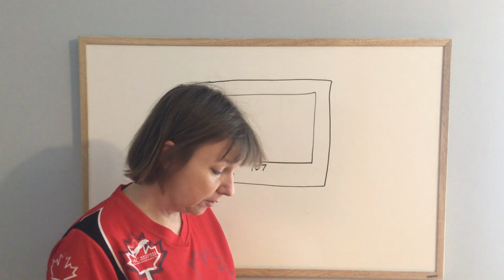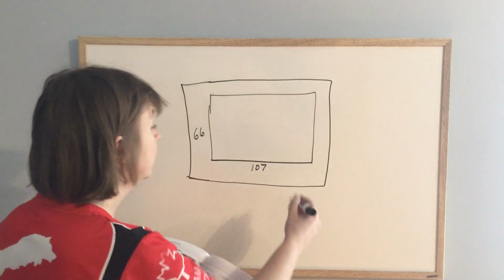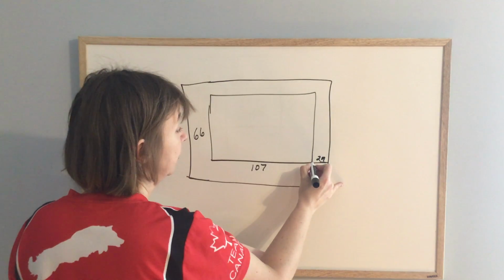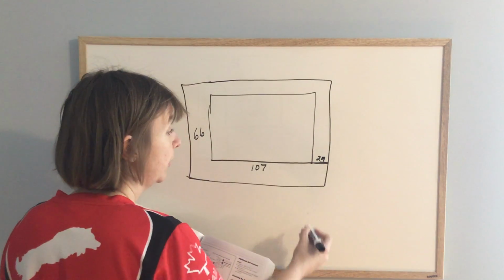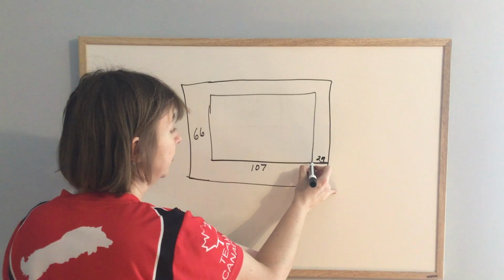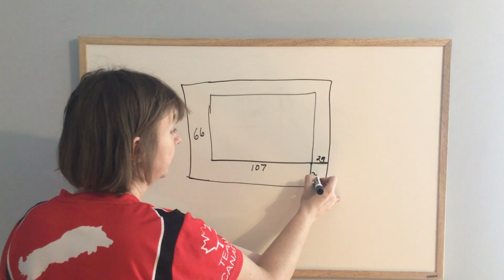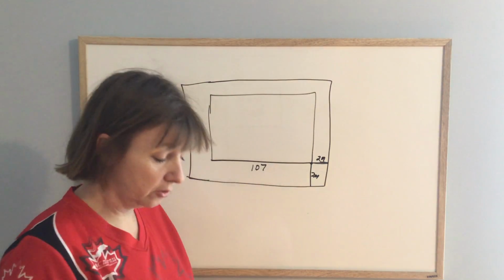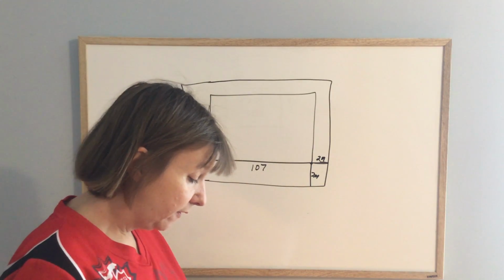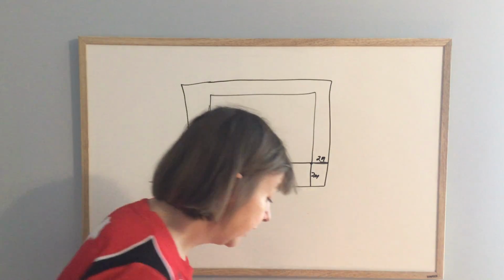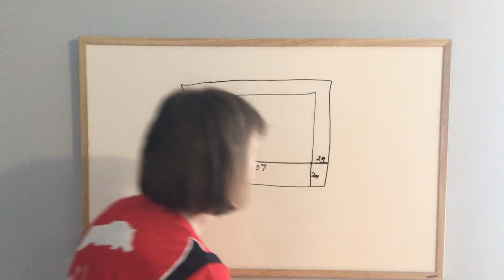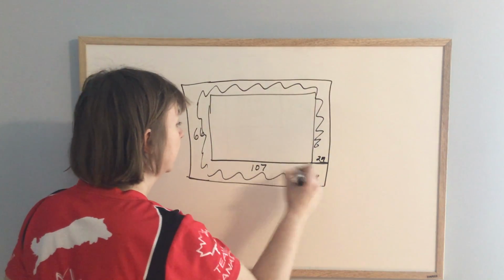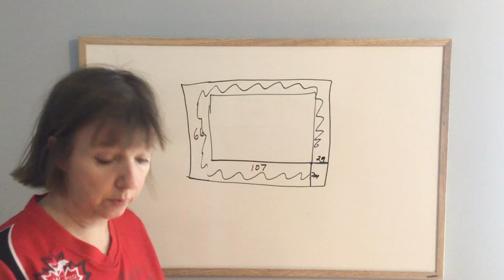It says the sidewalk is 2 meters wide. So if I measured it from this corner across this way, it would be 2 meters. If I measured it from this side across here, it would be 2 meters. No matter where I measure from the edge out, it's 2 meters. And the question is, what is the area of just the sidewalk? So just this part in here. So the first thing I would do is figure out